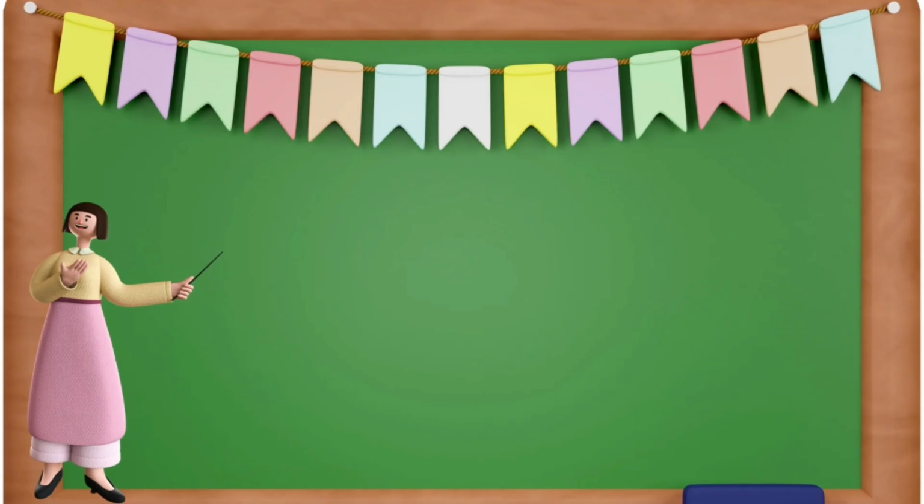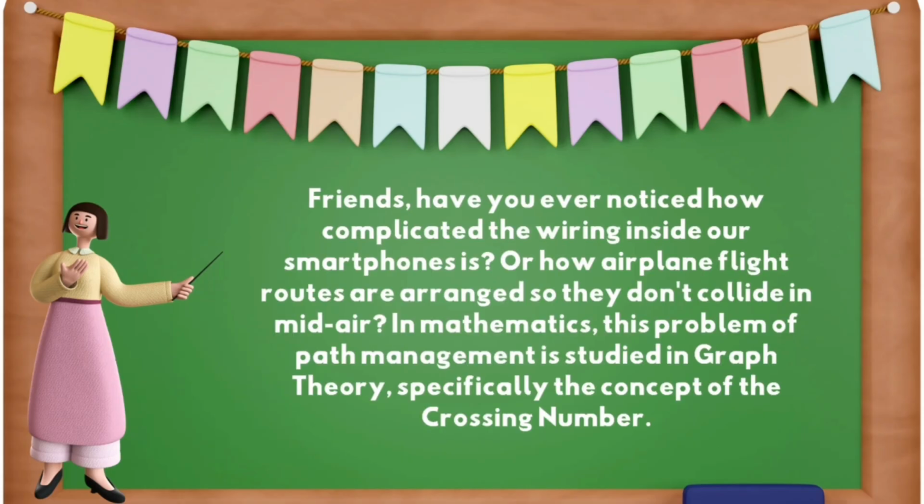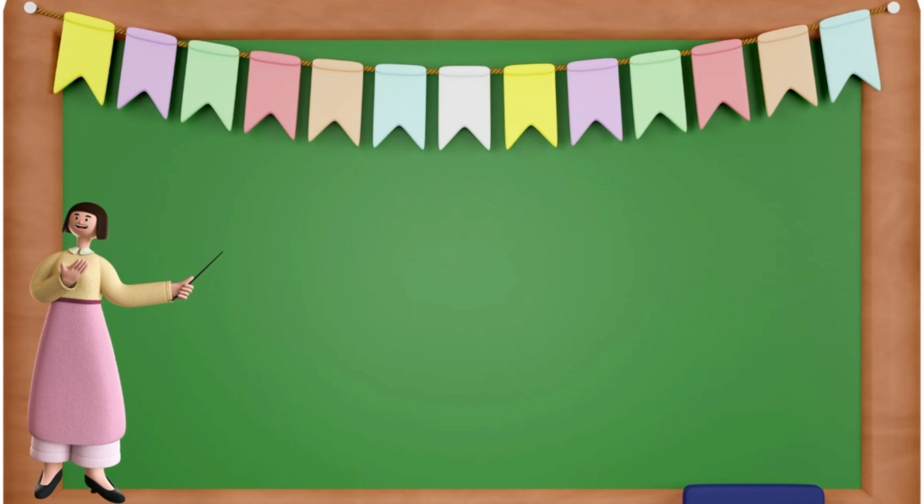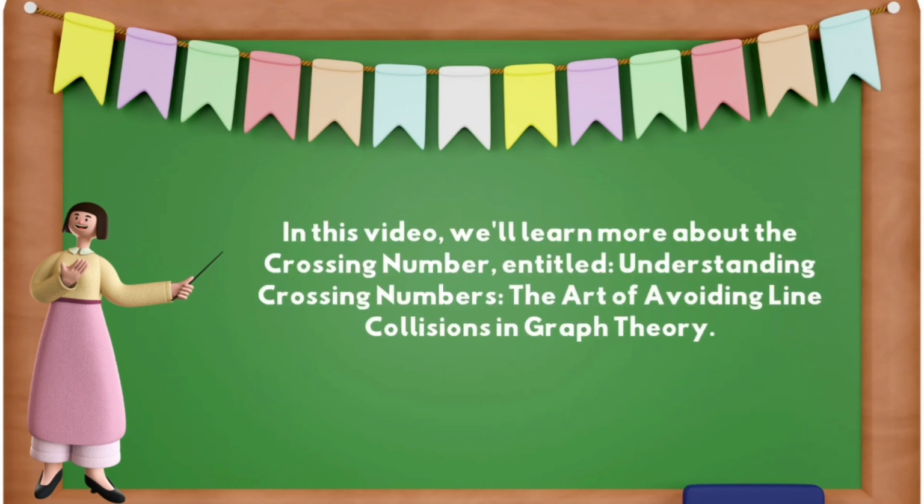Enjoy watching. Friends, have you ever noticed how complicated the wiring inside our smartphones is? Or how airplane flight routes are arranged so they don't collide in midair? In mathematics, this problem of path management is studied in graph theory, specifically the concept of the crossing number. In this video, we'll learn more about the crossing number entitled Understanding Crossing Numbers, the Art of Avoiding Line Collisions